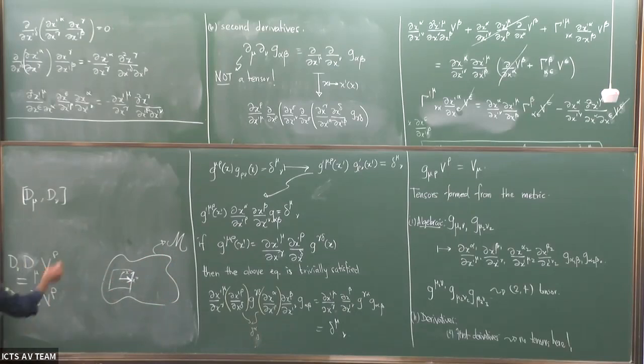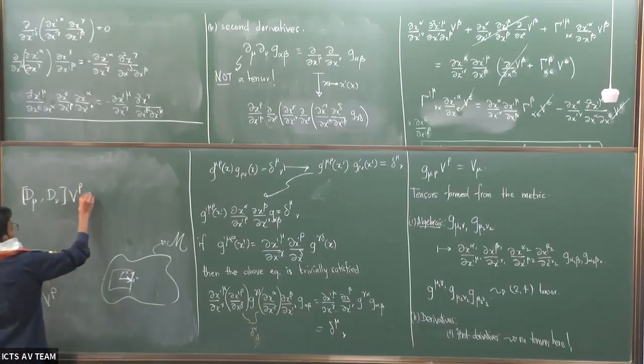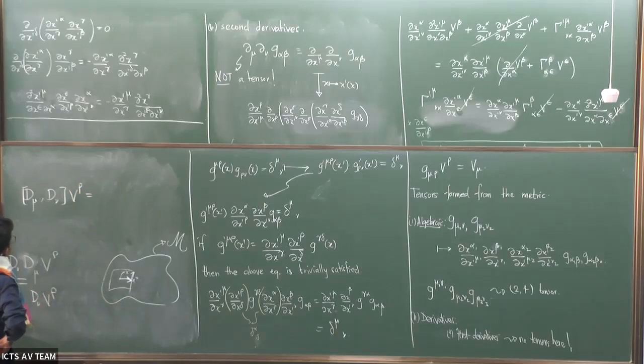Okay, so let me define the Riemann tensor this way. You take a commutator of such things, which is basically just the difference between these two. That's where the commutator comes from. It's not surprising. V rho. Okay, now this is where I'll get into some mess because